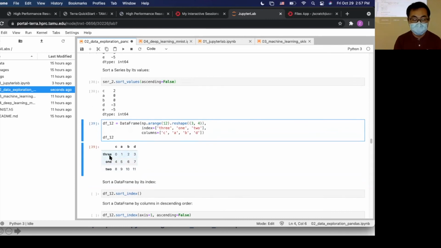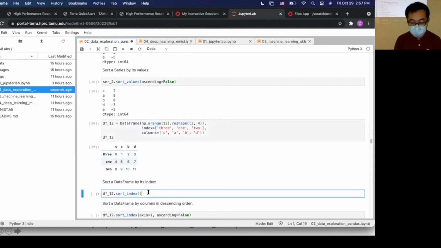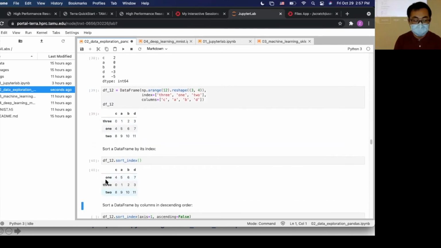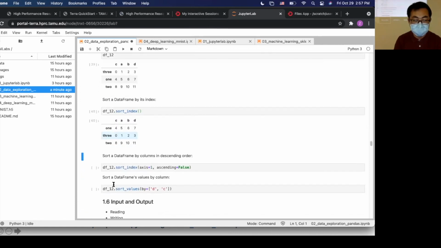So if we want to sort the index, it will be in alphabetically increasing order. Am I right? O is before T, H is before W. Yeah, it's alphabetically increasing. And also we can sort the data frame by column.